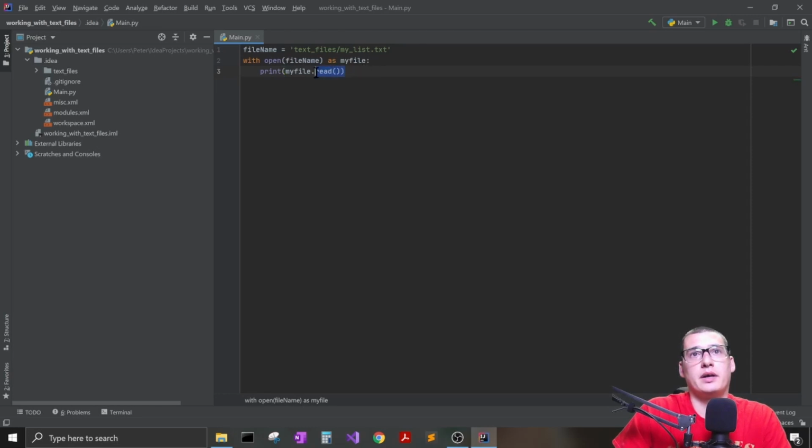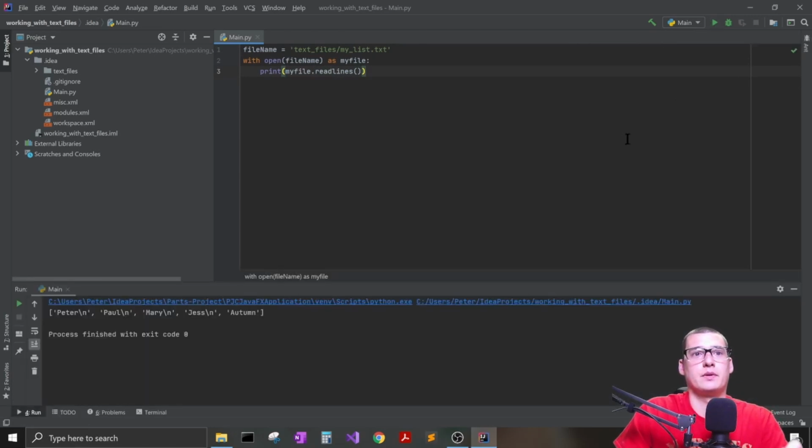But let's go ahead and change this read to readlines. If we do that and run it, it's going to print out a list. It created a list of each line with a new line at the end of it. So it took all of these and put them into a list. You probably don't want to print it like that because it looks kind of funky. But what you can do is